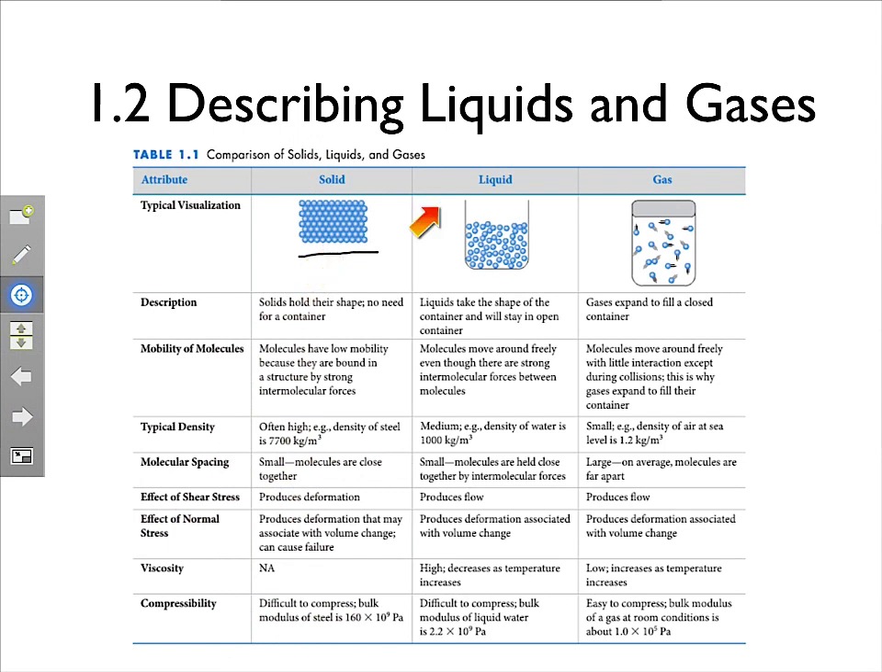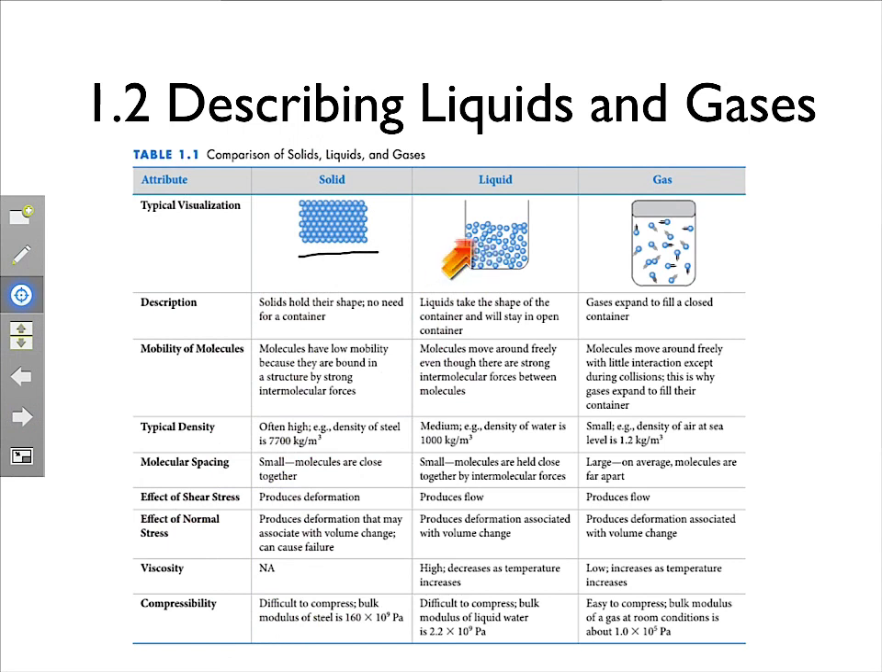Now, going to the next column in liquids, we can see that a liquid is going to take the shape of the container, and it'll stay in the container due to the force of gravity. And molecules move around freely, even though they're still bound by strong intermolecular forces. The forces are just not quite so strong,